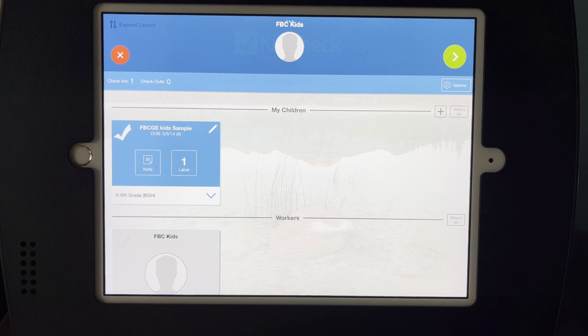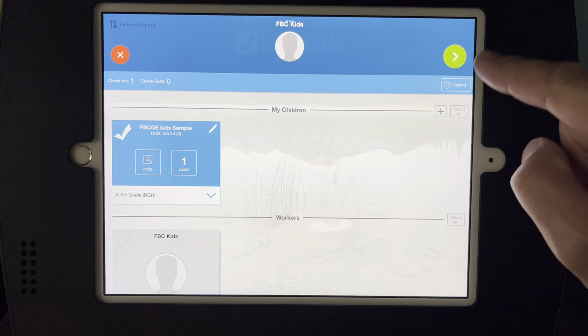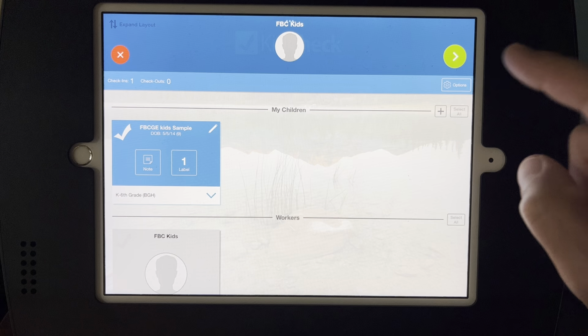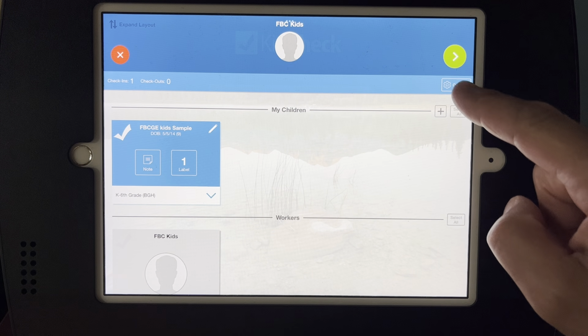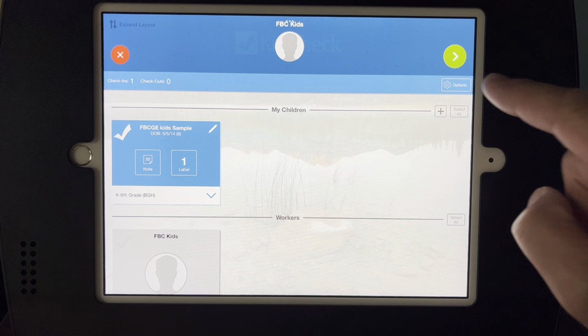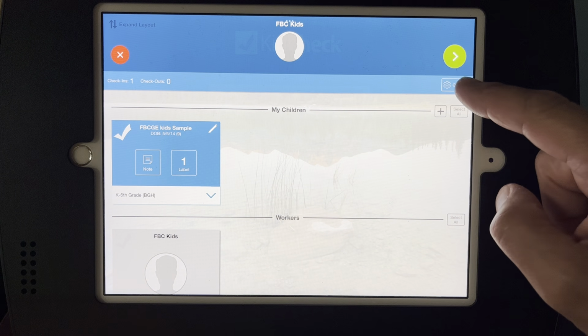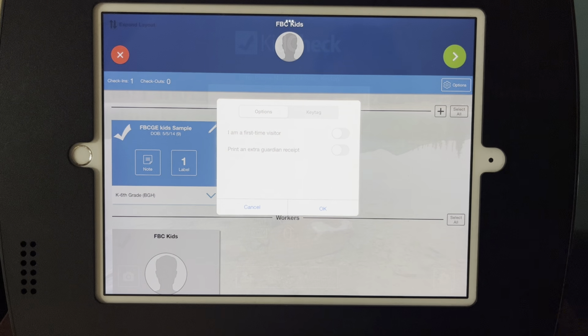This is another feature that I wanted to point out to you. Right here, you'll see the green arrow, but underneath, I'm not sure if you can read it, but it's a little gear icon and it says options. This is really important. This can be very helpful, especially for families that have multiple kids in multiple different classes and all of that. So click this option, and then that will bring up